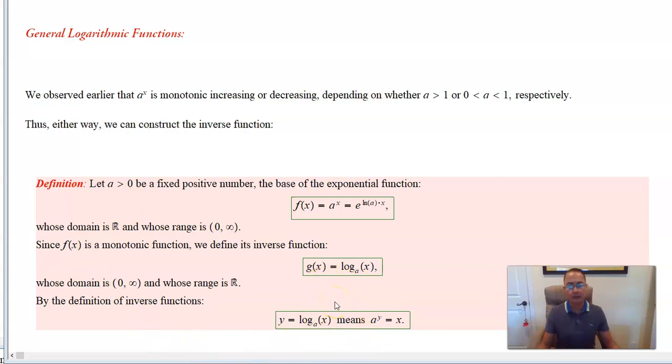So again, when you create the inverse, you exchange the roles of x and y. So y equals log base a of x means that a to the power y must give you x. Okay, so to understand this system, you ask, what is the power of a that will give me x? Okay, now,